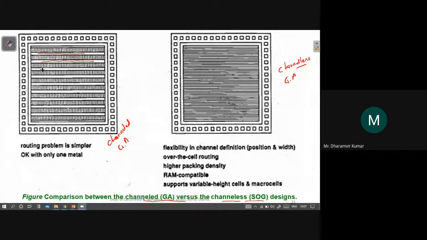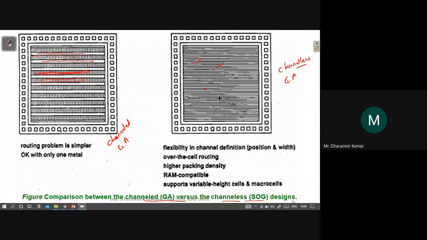And where are the transistors? The transistors are these black lines. So these horizontal sections in black color contain transistors. The shaded portion contains transistors, and the white portion does not contain transistors. It's a space that would be used for wiring or interconnections. But here you will not find any such space for wiring. All inside this area, you will find only transistors.